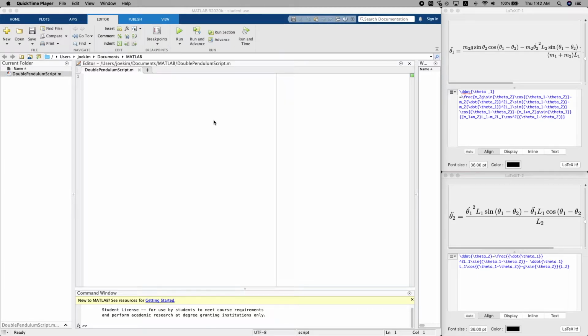We derived our two equations of motion. One gives theta 1 dot dot, the angular acceleration of theta 1, and the other gives theta 2 dot dot, which is the angular acceleration of theta 2. And here in LaTeX, I created the two equations, which are exactly identical to what I derived in part 3 of the video of